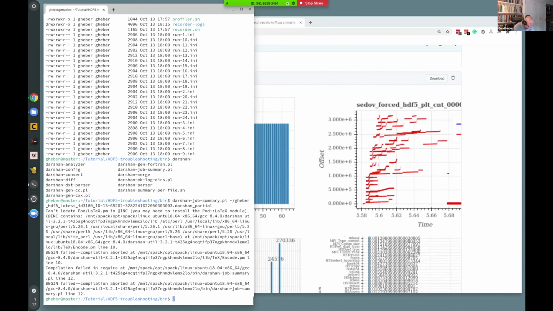Okay. It says Linux Ubuntu. Oh, do I have to? I mean, it's calling the. Oh, you mean it needs a Perl LaTeX module. Yeah. So,